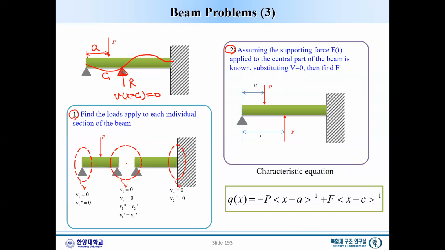Since those two beams are connected, we can consider this one as V1 and this one as V2. On the left-hand side, V1 should equal V2 and V1 prime should equal V2 prime, which means that